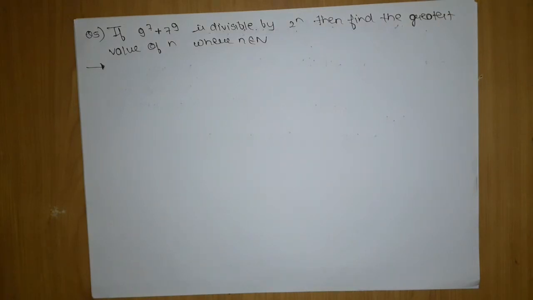You can clearly see, whenever such a thing happens, try to break 9 and 7 into such a number that there is 1. The presence of 1 is very important, because if there is a number like 2 or 3, and you try to break them up, when you reach the end their higher power will be there, so it will become difficult in calculation. So always they will give you some number which will be broken up into 1. So you have to keep that in your mind. Here we have to find the greatest power of 2 which can divide this number.